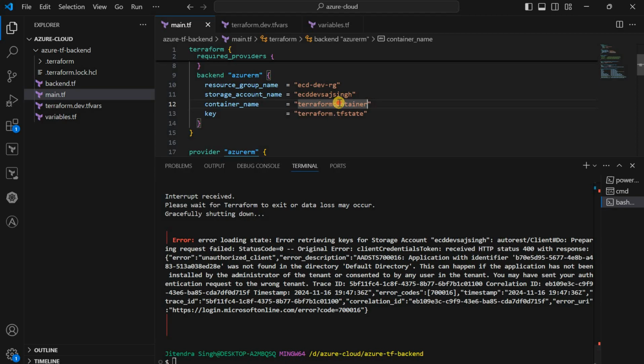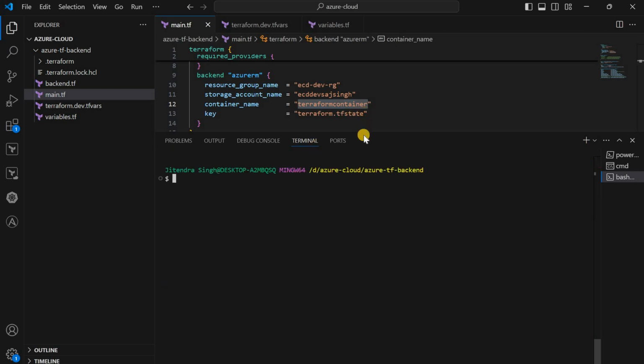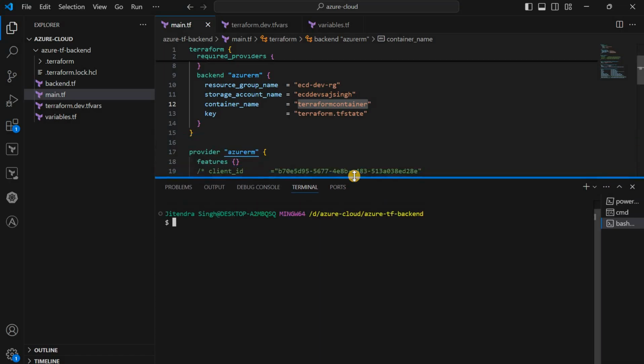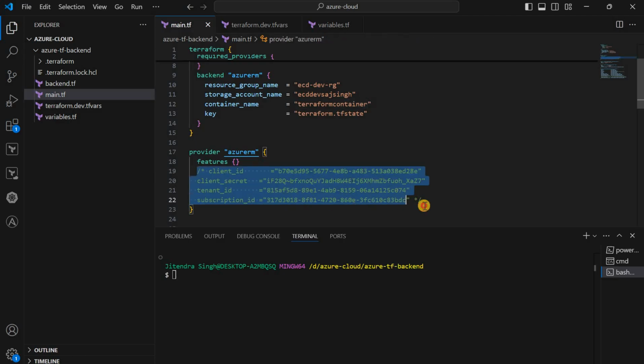Going to this, I have added this Terraform container which I have created. Basically I have executed this. Clear. So let me copy this here, the service principal and all. So basically we have seen